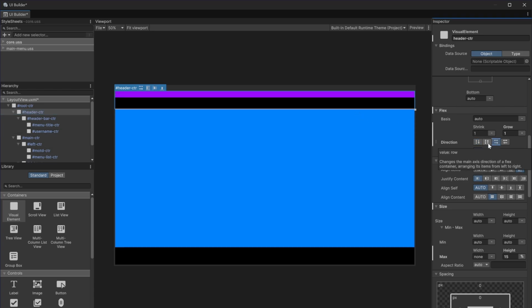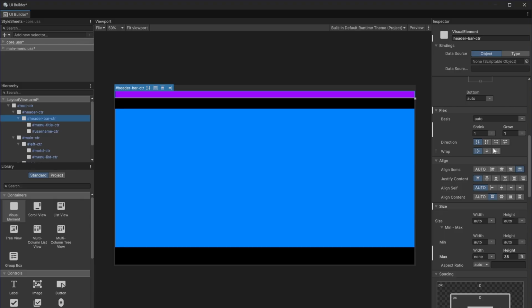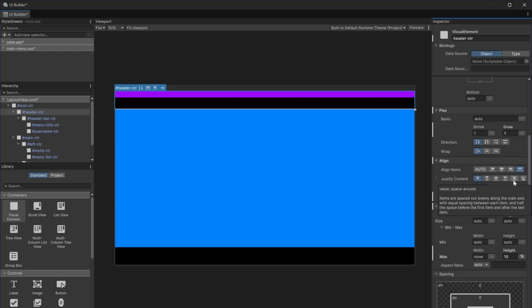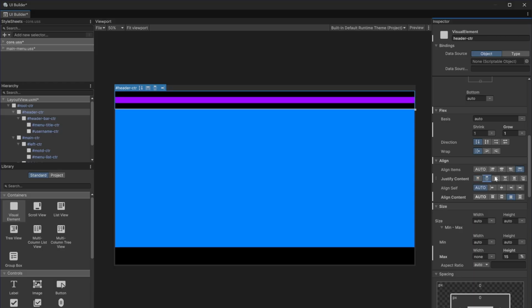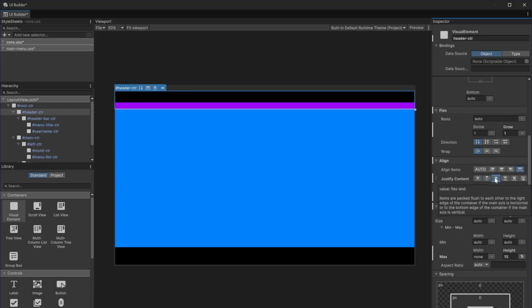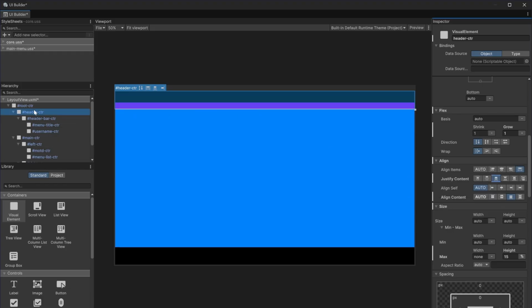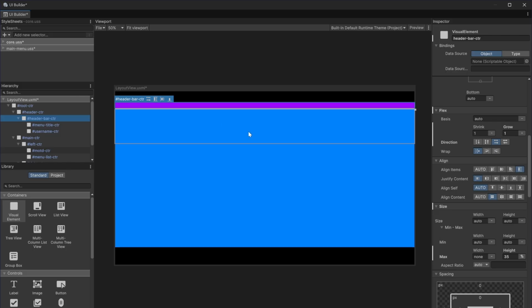You want everything to be right to left, although I should do that here actually. With our header container, we want our content at the bottom. So we are going to say justify content, flex end,